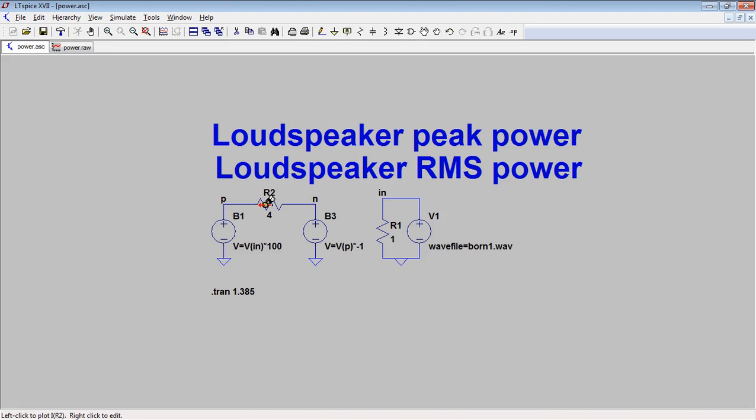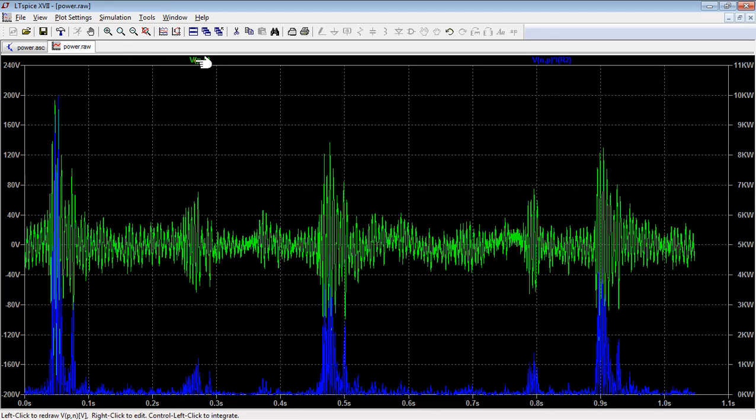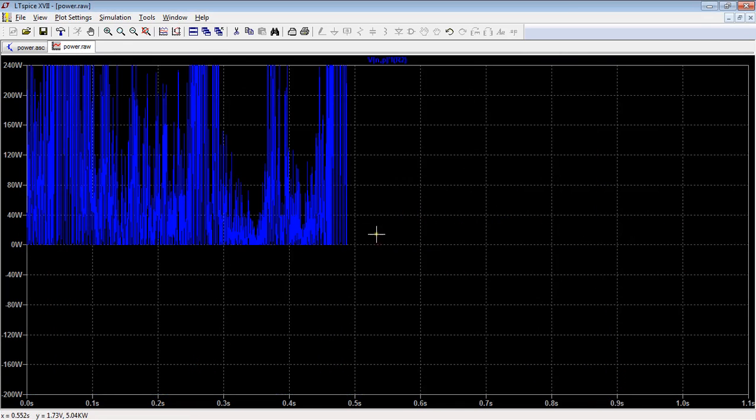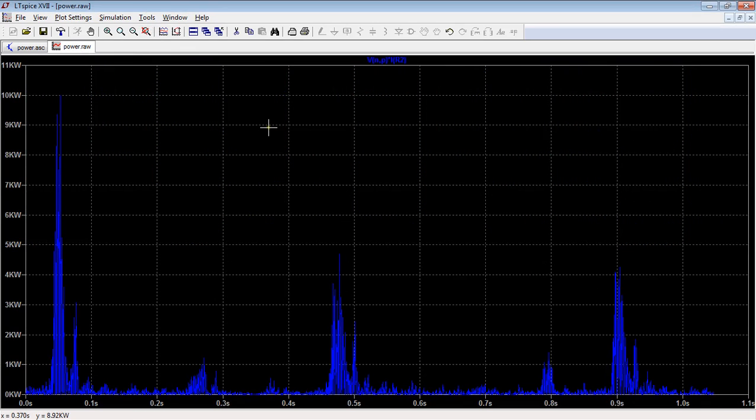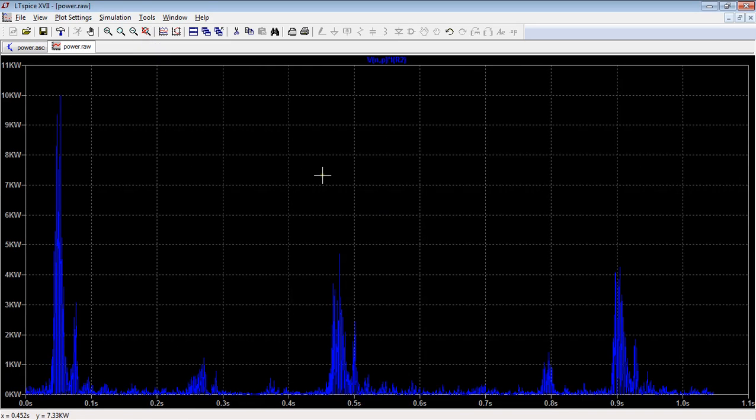Right, now if I go and do the power, the power into a 4 ohm impedance loudspeaker with a bridged amplifier running at plus and minus 100 volts is 10 kilowatts, which makes sense. But if I look at the average power that's calculated from the root mean square of the voltage, I get